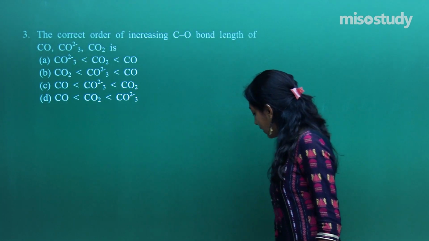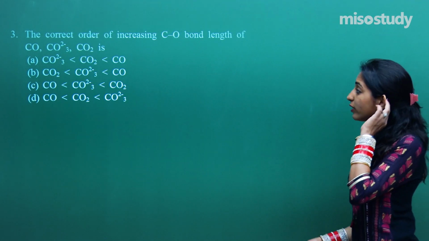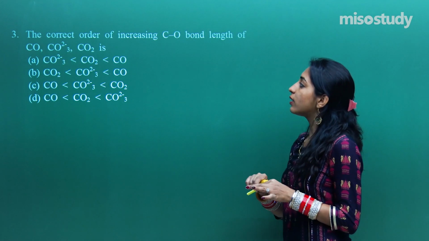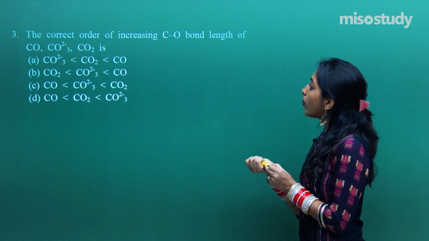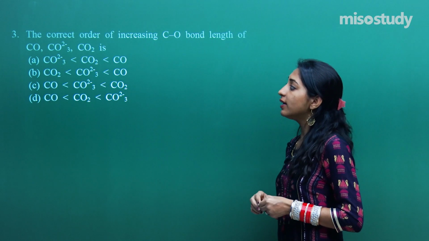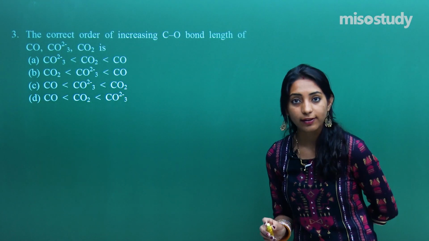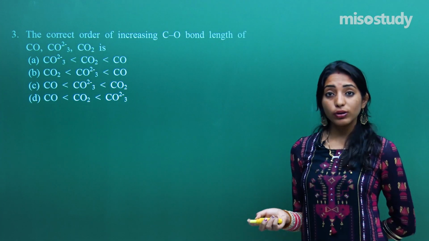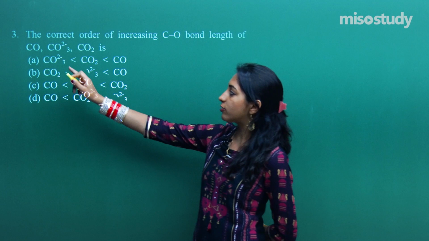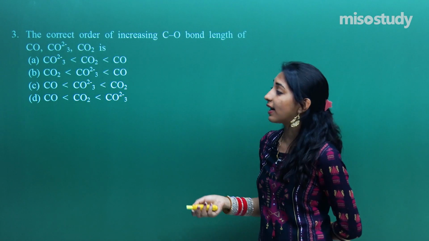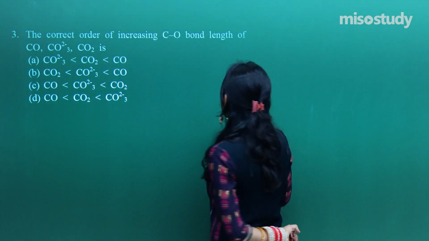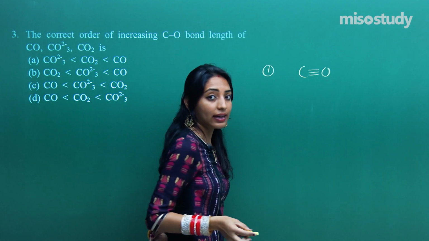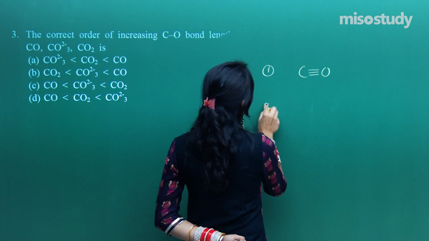So see on the screen, there is question number 3, and it says that you need to predict the correct order of increasing C-O bond length of carbon monoxide, CO3 2-, and carbon dioxide. You can answer this question once you know the structures of CO, CO3 2-, and CO2. Let us start first with carbon monoxide, which is like this. Then we have the other one as